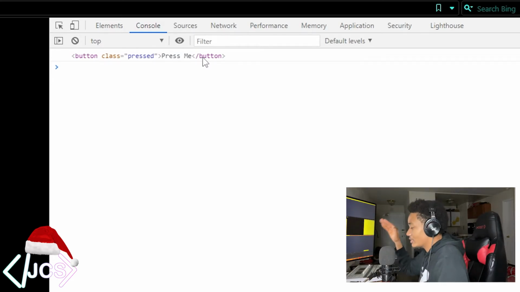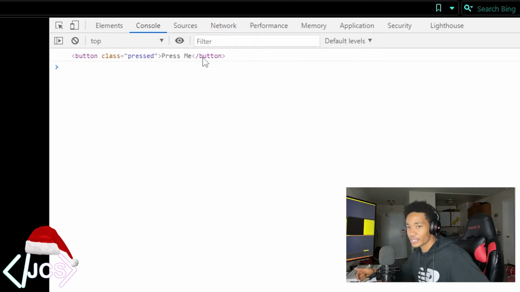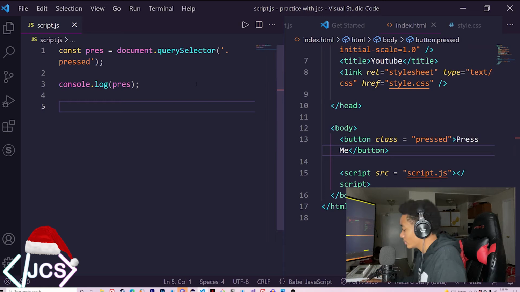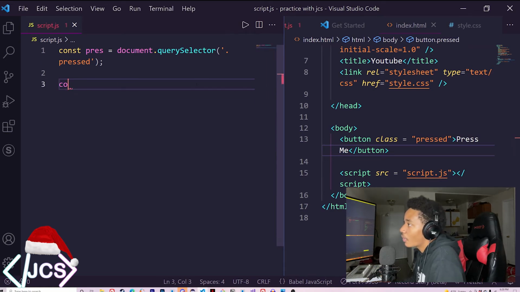So it's JavaScript saying, okay, you're referring to this HTML code, right? Got it. So whenever this HTML code is acted upon, I'm going to do X, Y, and Z. Now we're going to add some actions. So what are we going to do? We're going to do